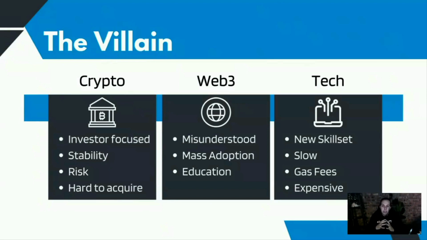Now, if we take a look at crypto, the villains, and when I say villains, I mean the problems that we currently face that are preventing mass adoption. For example, on the crypto side, even though this blockchain technology is changing the internet as we know it, everything is still investor focused. That's one of the big villains: no matter how the technology is evolving, everyone is too focused on the price of a certain crypto and trading it on the exchanges,